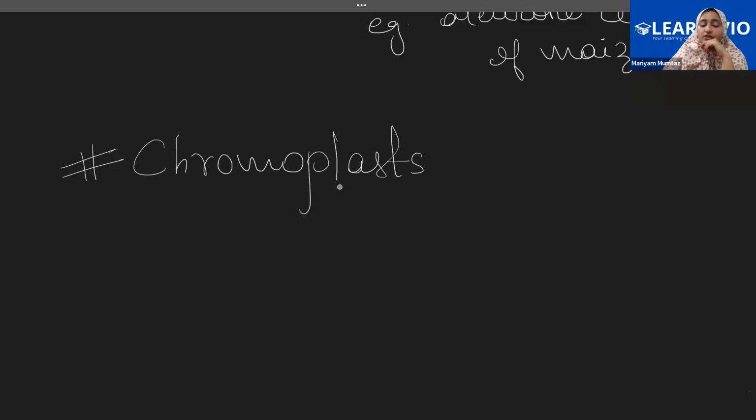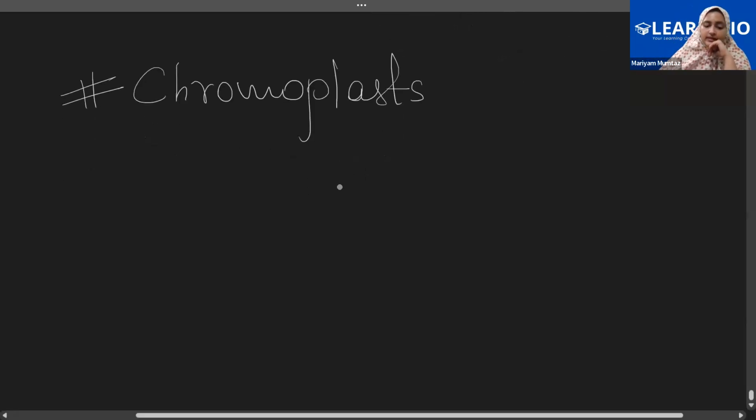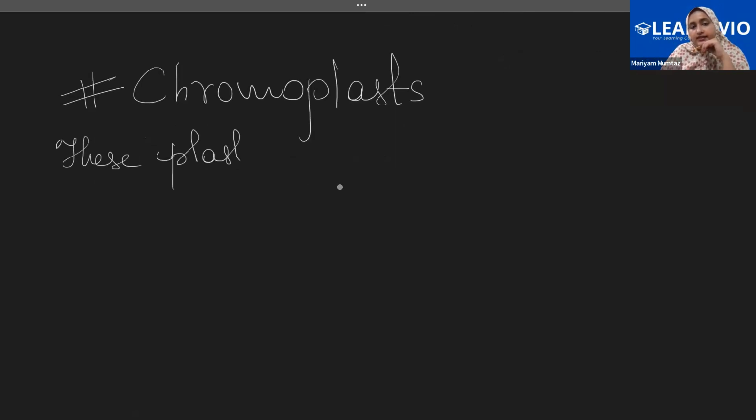Now just remember that whenever you talk about the chromoplast, the colors that are dominant in them are yellow color, orange color, and reddish shades. Clear? All right, so in the chromoplast we can write down that these plastids are yellow, orange,